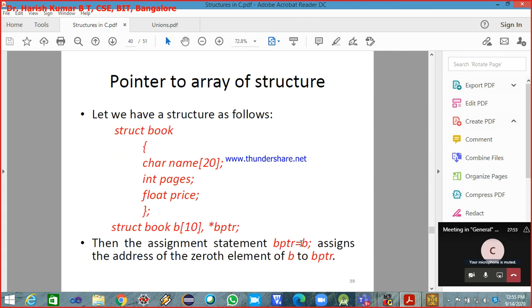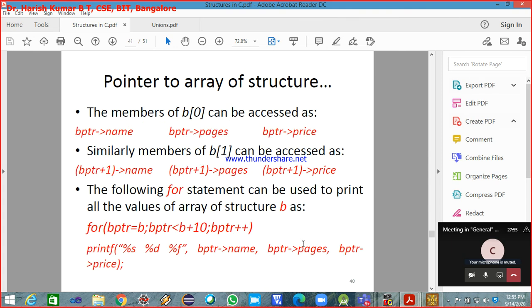If I am assigning b ptr is equal to b, then the members of the first book, b of 0, can be accessed like this: b ptr arrow name will fetch you the name of the first book, b ptr arrow pages fetches you the number of pages in the first book, and its price.